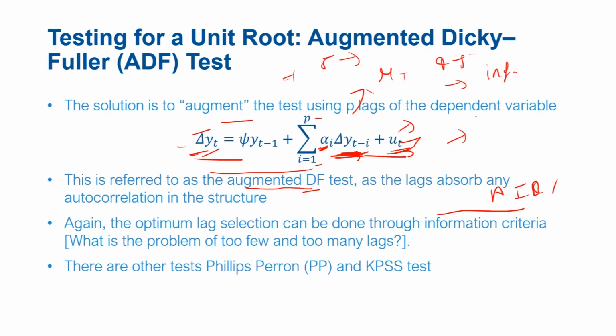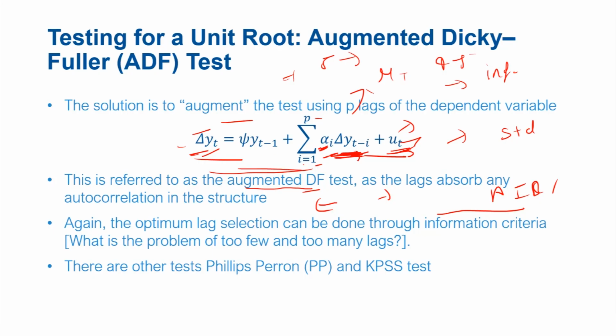These will be absorbed by the new parameters, and essentially it will result in higher standard errors of estimates and a poor model estimation. So there is a trade-off whether you choose too few lags or too many. So you need to choose an optimum number of lags,